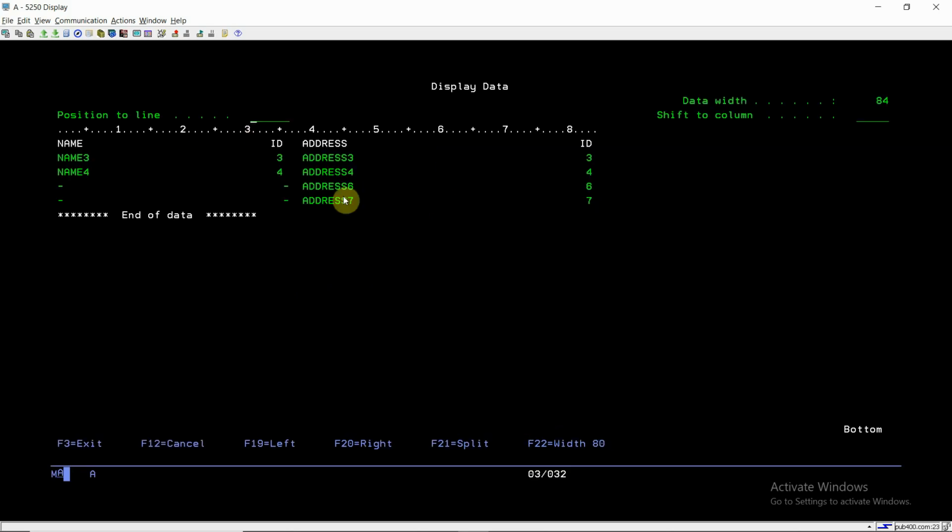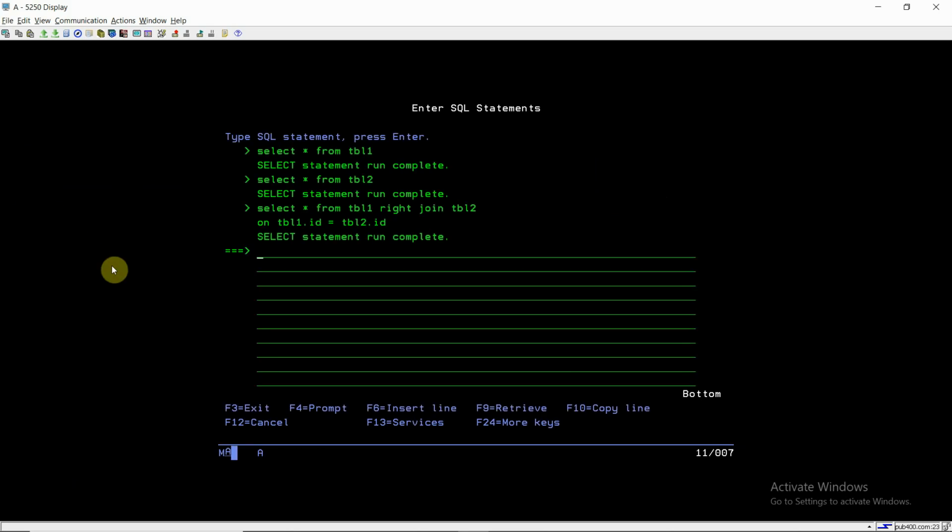So we are getting the results as 3 and 4, which are coming from the inner join result, plus the records which are not coming into the inner join result from the right hand side table, meaning table 2. So we are getting rows 6 and 7 as well. For those rows, we are not having the matching row in table 1, the left hand side table, so we are getting null.